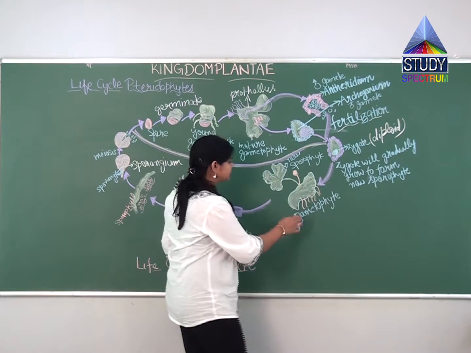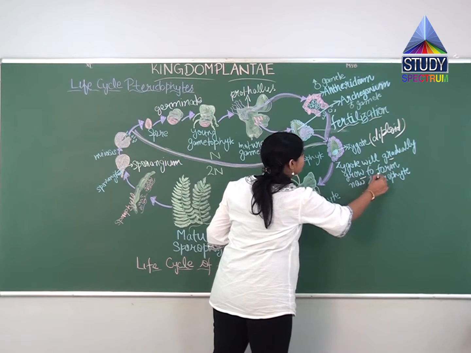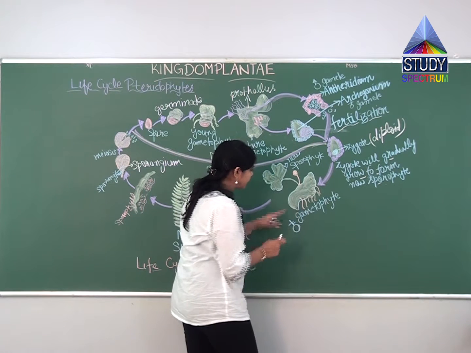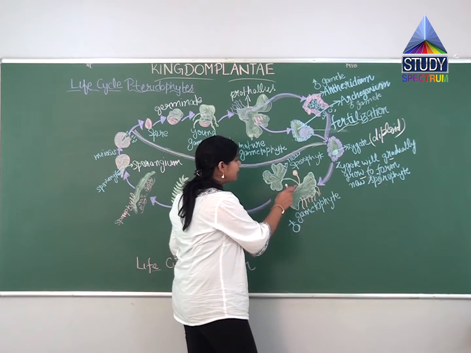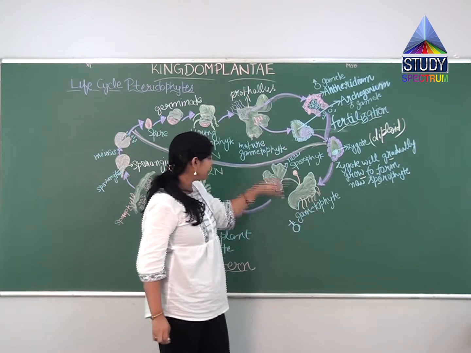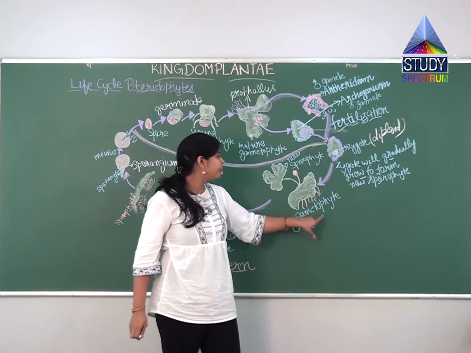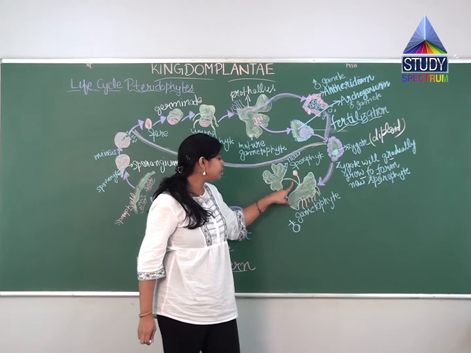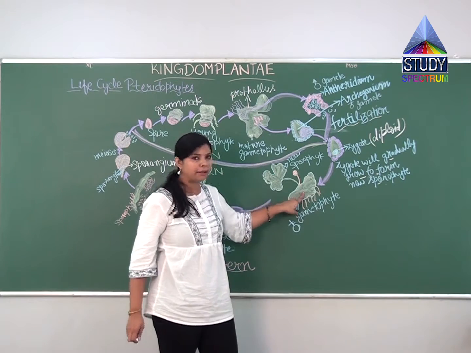Now, if you see the structure of this, so what is this? Now, this zygote will gradually grow to form a sporophyte. This is a thallus-like structure. This is a female gametophyte. And here, the development of a new sporophyte will take place. As I told you earlier, this stage will be an independent and photosynthetic stage. So, the new sporophyte will take its nutrition from the female gametophyte.